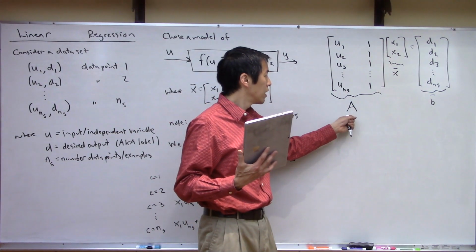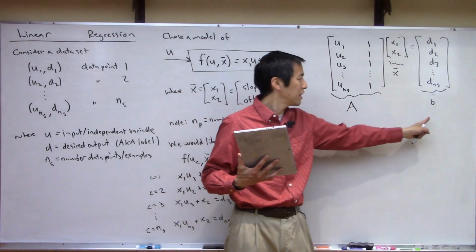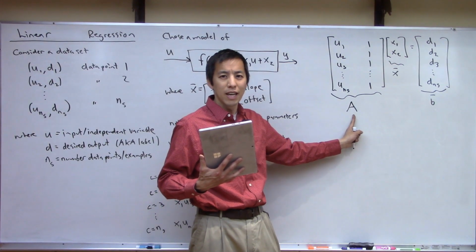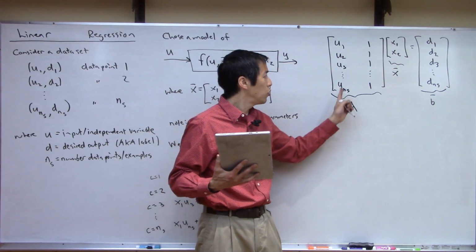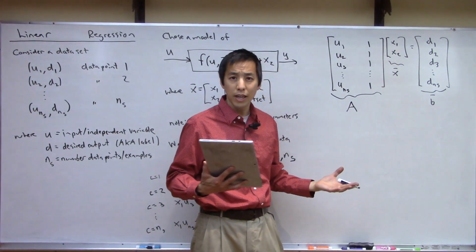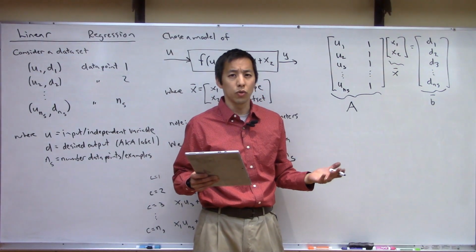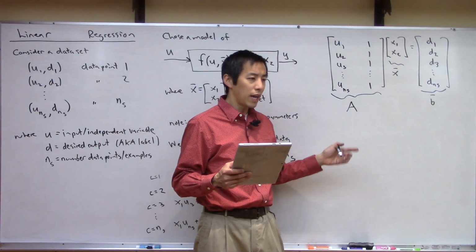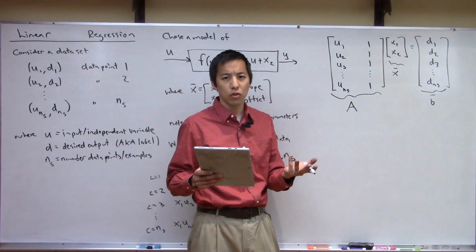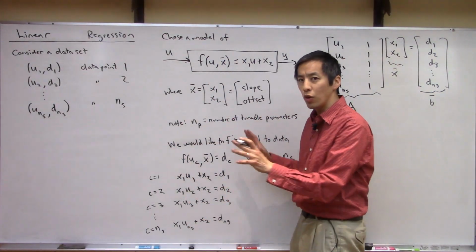This A matrix only has 2 columns, and it's very unlikely that this B vector is going to be in the column space of this A matrix, right? So in all likelihood, you are not going to be able to solve this AX equal to B exactly, right? So if that's the case, we're going to have to go to a couple of other techniques. So let's go ahead and take a look at solving this via what's known as an analytical least squares approach. Oh, and actually, sorry, before I erase the board, I do want to circle back to